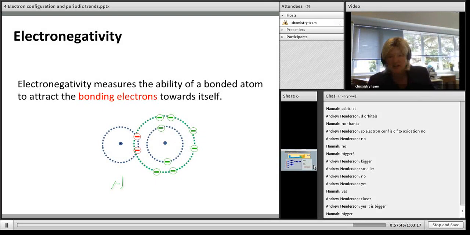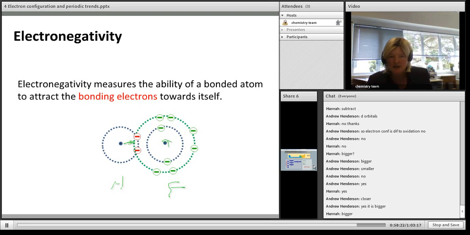So what I've got here is an example of hydrogen over here and fluorine over there. If they're sharing electrons, it's a molecule. Hydrogen has a nuclear charge of 1 and it's trying to attract those bonding electrons. Fluorine, remember, has a nuclear charge of 9. It's got the shielding of that first energy level, but because it has so many protons, its effective nuclear charge will still be a lot bigger than 1,